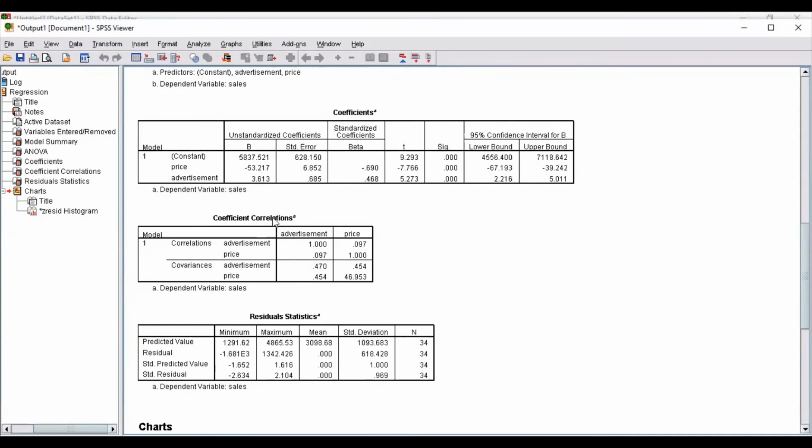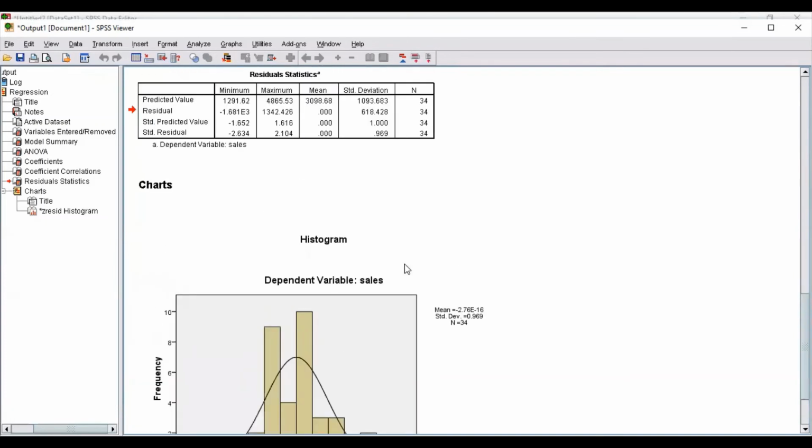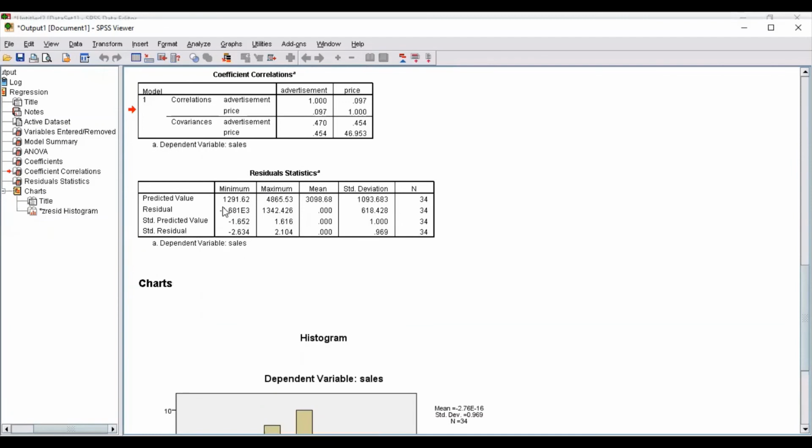The next table shows the correlation value between the independent variables. Here you can check the correlation value between advertisement and price, which is 0.097. So it is quite low. Next table shows the residual statistics, which shows the value for minimum, maximum, mean value, standard deviation, and the number of observations.